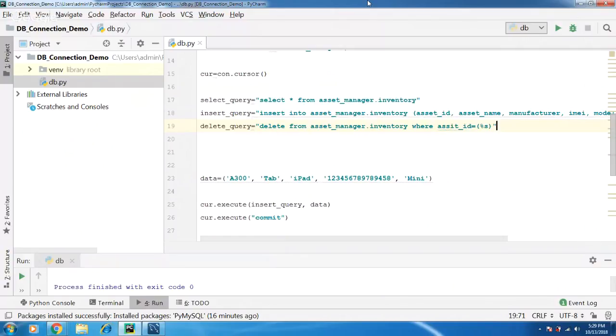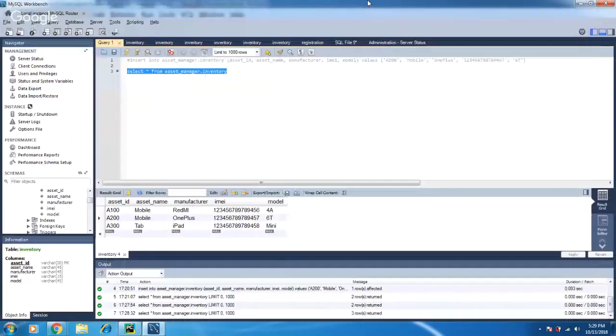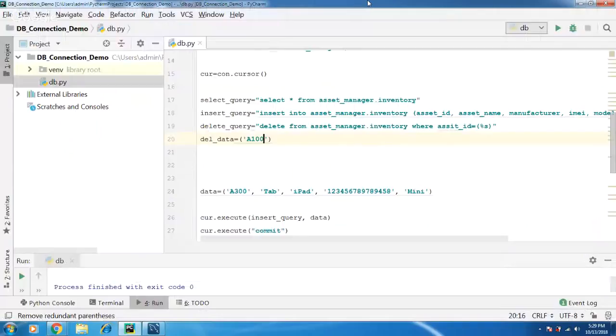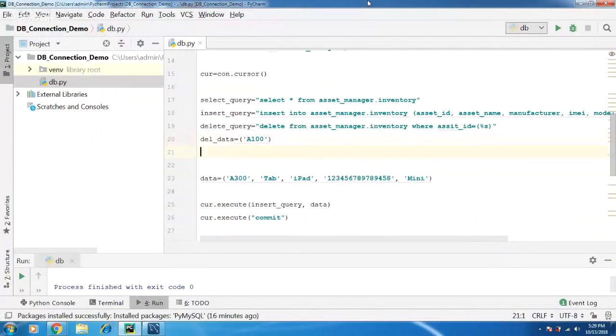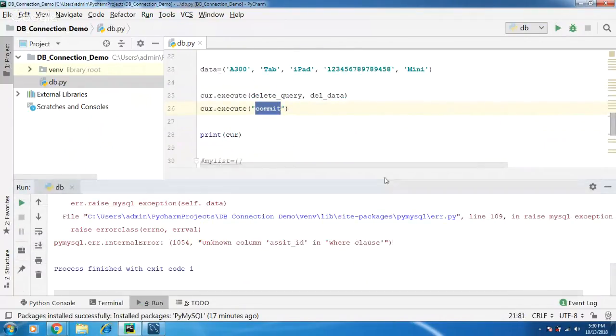Okay, and then say delete data equals, say for instance I want to delete 100. So instead of the insert query, I will run the delete query, and this is the delete data. And I'm also doing a commit. And now when I'm going to run this, I should be able to